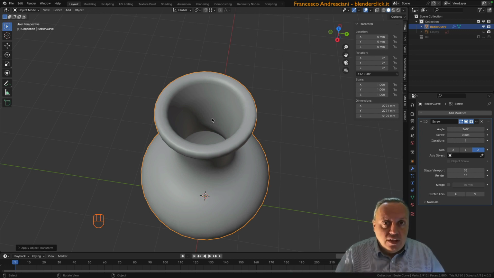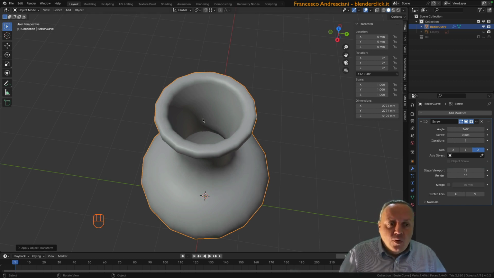Note that we can also change this parameter later precisely because we are talking about a modifier. Modifiers, you should know, are algorithms that modify our mesh, and they do it in a non-destructive way. So the screw modifier, we can go and tweak it at any time. I now, for example, can change it back to 16. I see it edgy, yes. However, I end up with a much leaner scene taking up less memory,